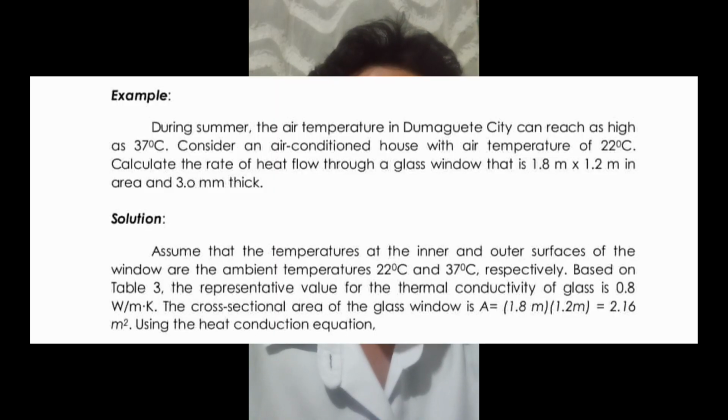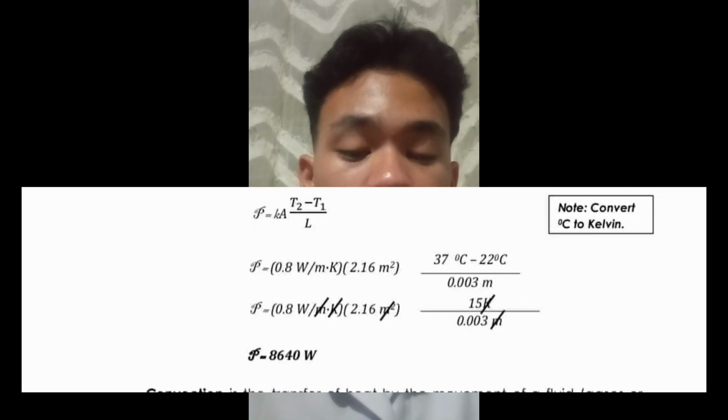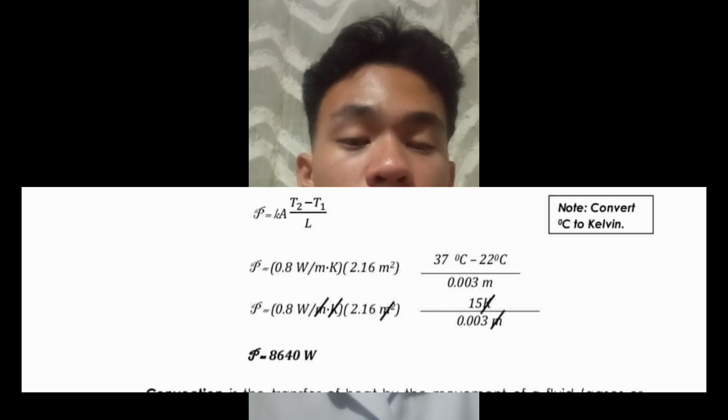For an example, during summer, the air temperature in Dumaguete City can reach as high as 37 degrees Celsius. Consider an air-conditioned house with air temperature of 22 degrees Celsius. Calculate the rate of heat flow through a glass window that is 1.8 meters times 1.2 meters in area and 3.0 millimeters thick. So the solution would be P equals 0.8 watts per meter Kelvin times the area 2.16 meters squared